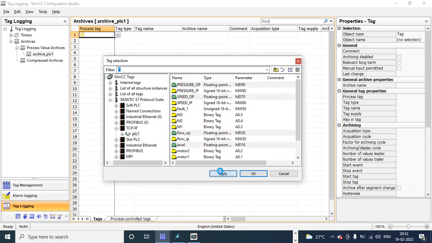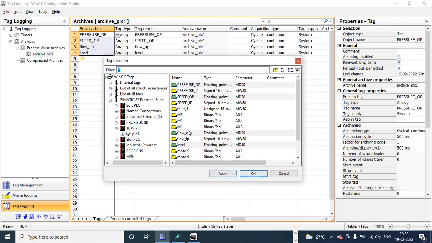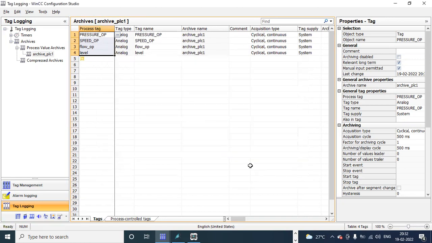Click on apply. You can see all those 4 tags have been added here. Then say okay. So select those tags.